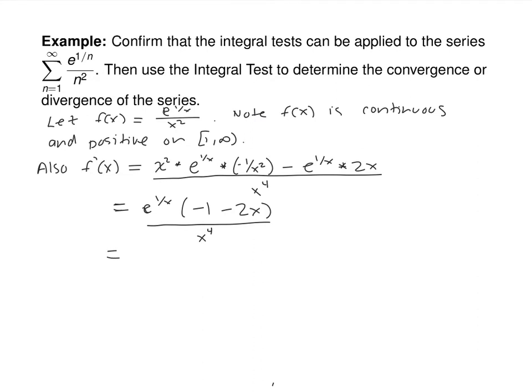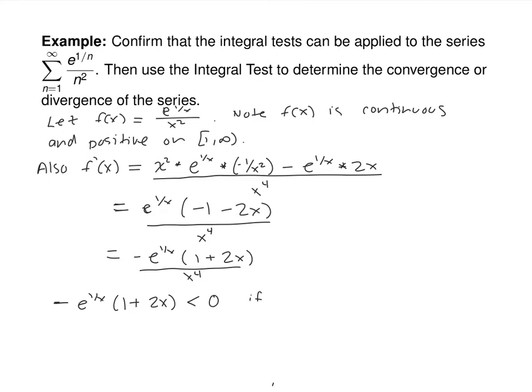Or I guess you could have factored that negative out, made it negative e to the 1 over x times 1 plus 2x, over x to the 4th. Okay, now negative e to the 1 over x times 1 plus 2x, that's going to be less than 0